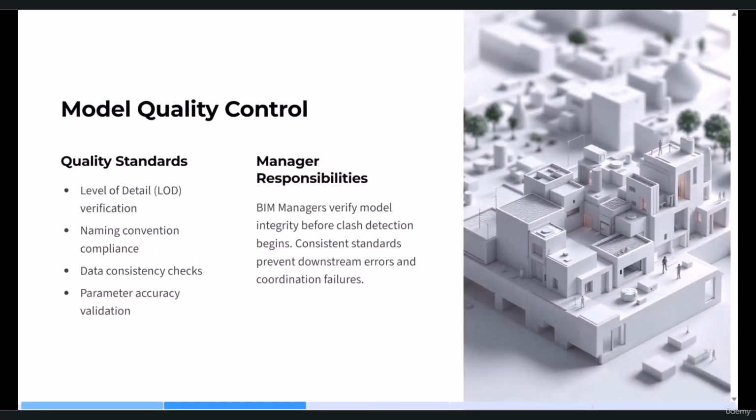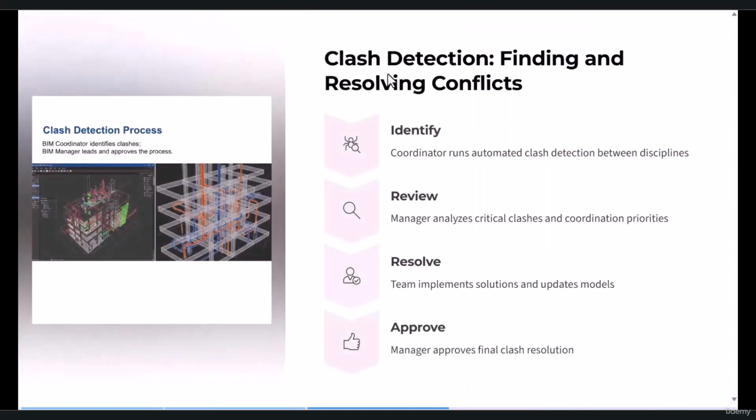Model quality control means checking, for example, whether the models of different teams are exactly based on the needs of the employer or not. The BIM manager will check every kind of model through every kind of report. For example, are the elements okay about the LOD or not? Are namings okay or not? Or is the data complete or not? These checks mean that before the final confirmation, we can find mistakes and remove them. The more important part of checking is clash detection.